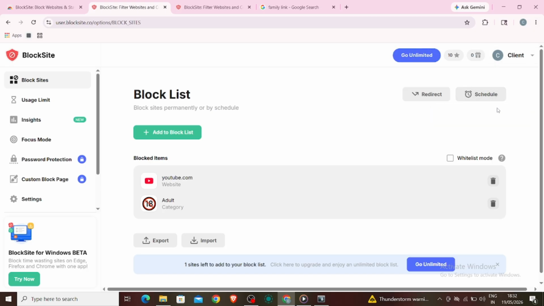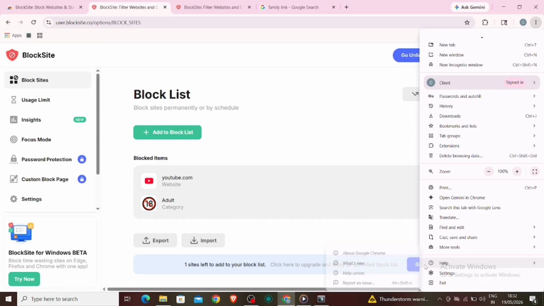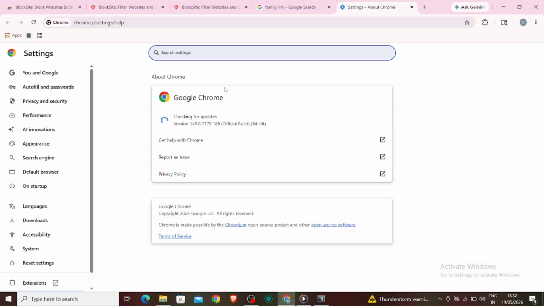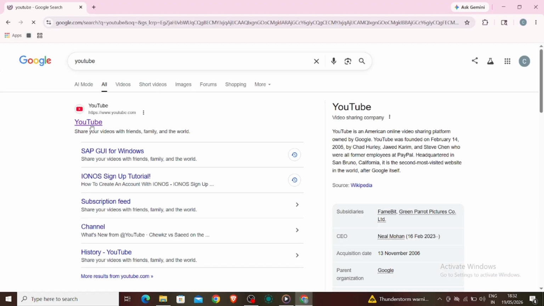If the blocking extension does not work properly, make sure Chrome is updated to the latest version. Click the three dots, go to Help, then select About Google Chrome. Chrome will automatically check for updates and install them if available. After updating Chrome, restart the browser and test YouTube again. If the website still opens, double-check that the extension permissions are enabled and that the website address was entered correctly